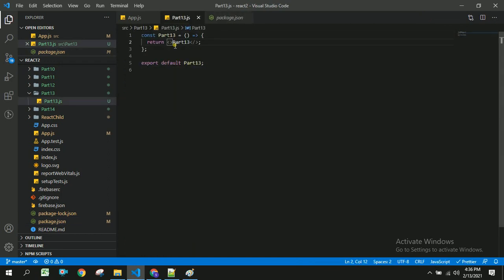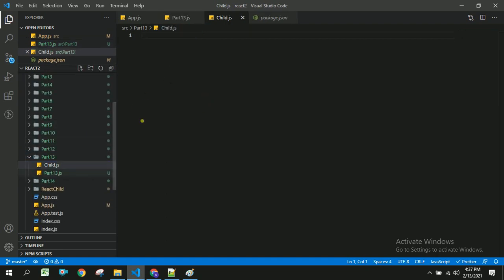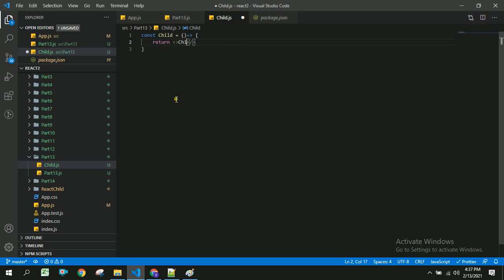Now I am going to create a child component, Child.js. This is also a functional component, and I export this as the default Child.